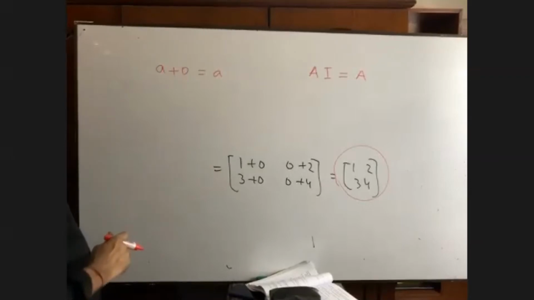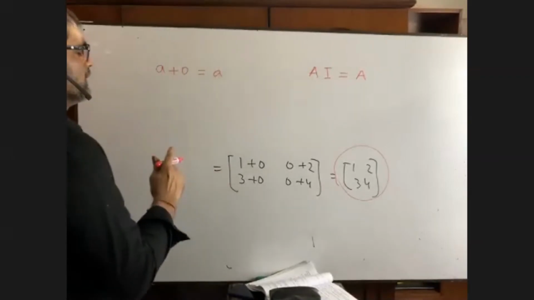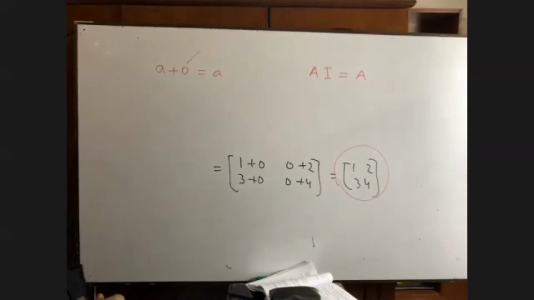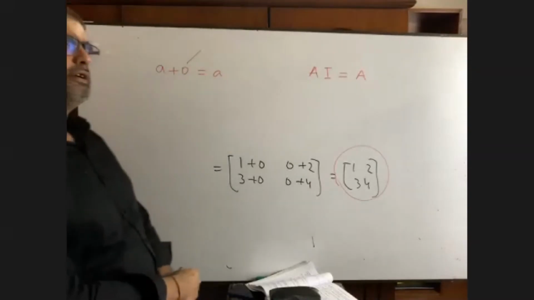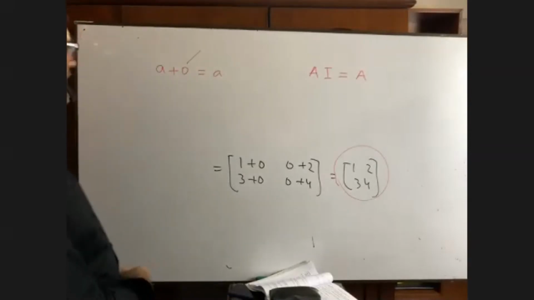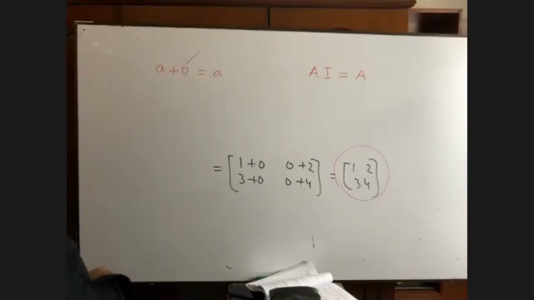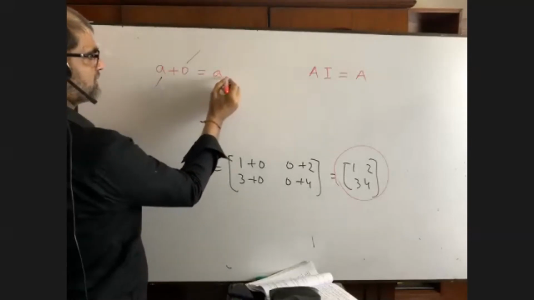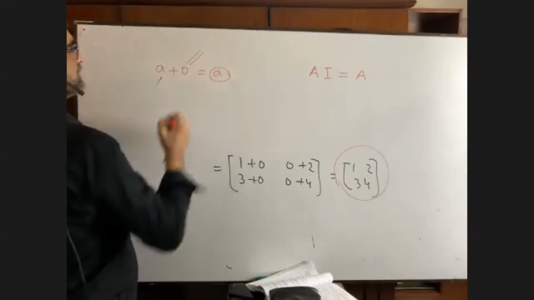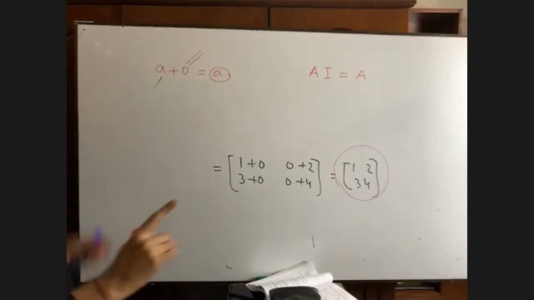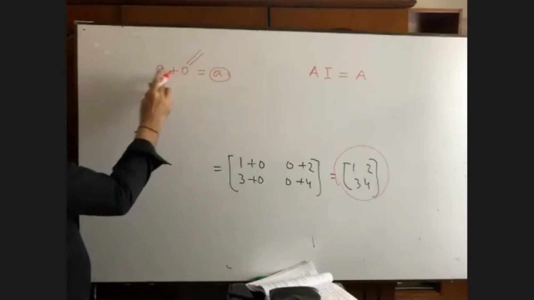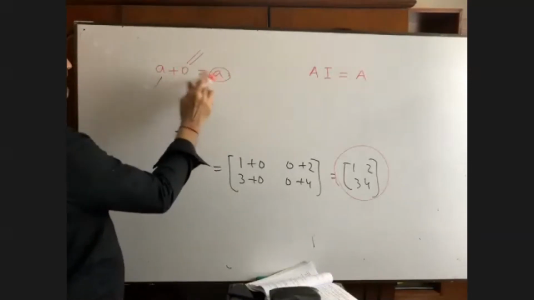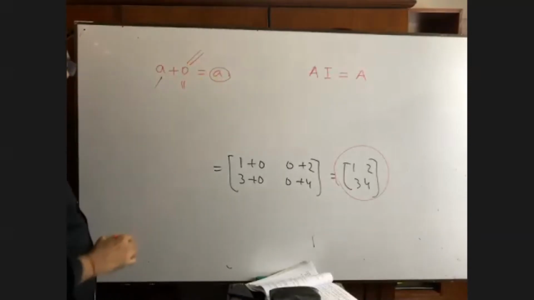Right? Yes, sir. It is called identity of addition. What is meant by this? What is identity of addition? If identity is added to any number and there is no change after summation, then it is called identity of addition. I think you have got it. I have added 0 to this number, but in the summation there is no change, right? So this is known as identity of addition.